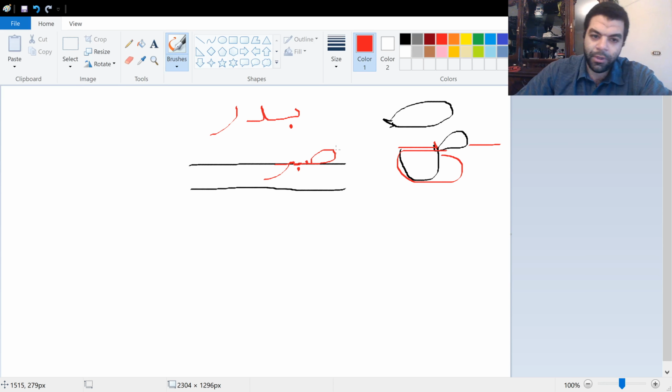Okay, so always try to keep your flow. There are no stops. You can write the whole word without removing your pen from the paper, unless it's a letter which isn't connected, like re, for example. Okay, so anyway, we learned the word sabr, which means patience, and this is what